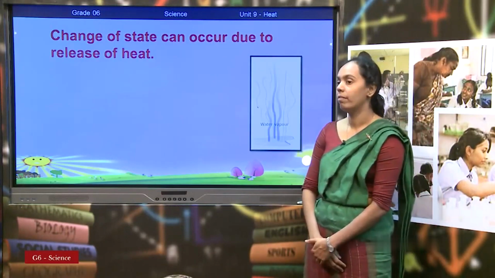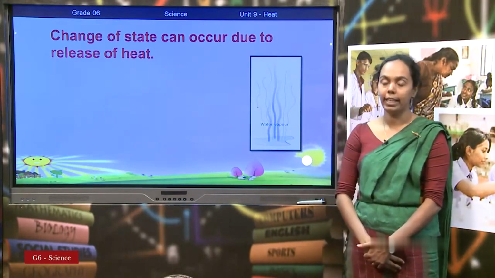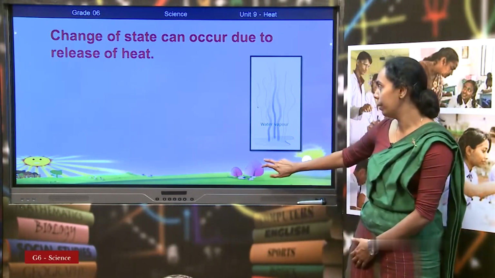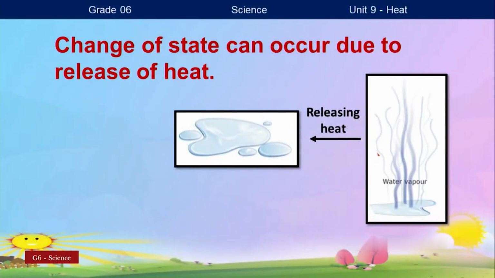Now we will see what happens to the water vapor when releasing heat. Releasing heat means when the water vapor becomes cool. When the water vapor becomes cool, it turns into water. Then we will see what happens to the water when releasing heat. That means when the water becomes cool,